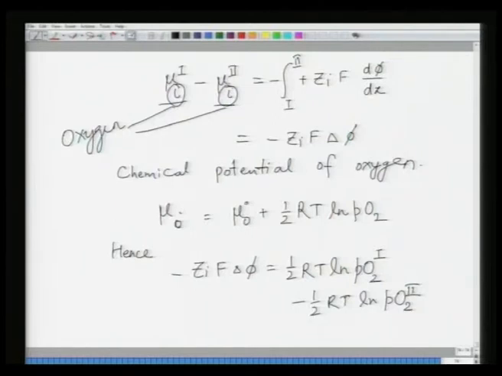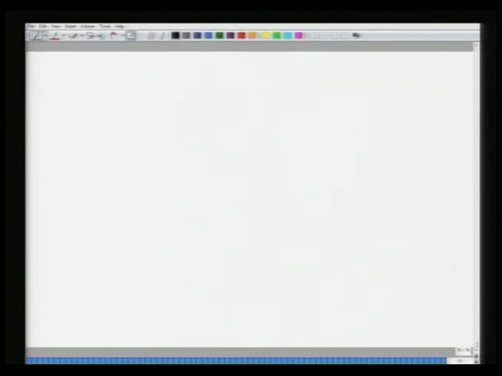As a result, minus Zi F delta phi is equal to half RT ln PO2 1 divided by PO2 2. So, this is your relation,